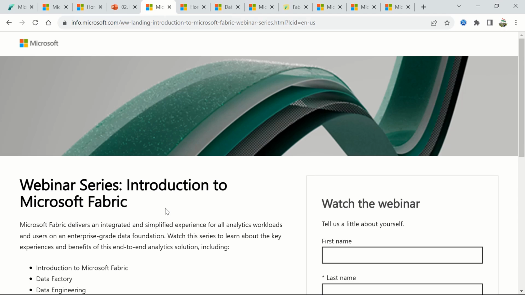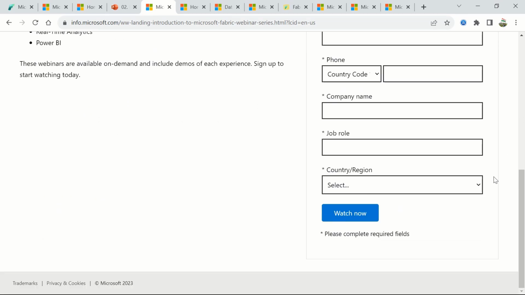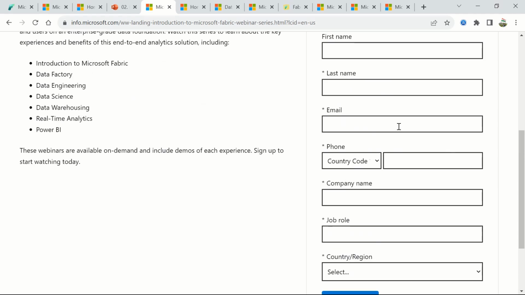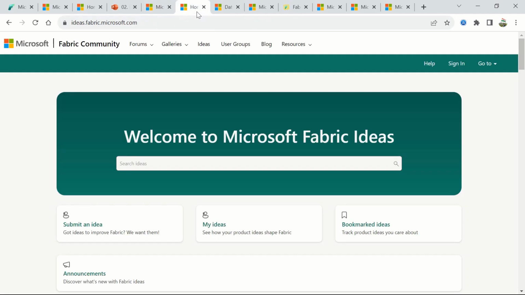Again, there is this website which is a webinar series and it introduces you to Microsoft Fabric. To watch this webinar, you have to just fill in certain details, and once you do that, you will go ahead and reach this place where you will find these webinars. You have to just sign up and watch these webinars. Then you go to